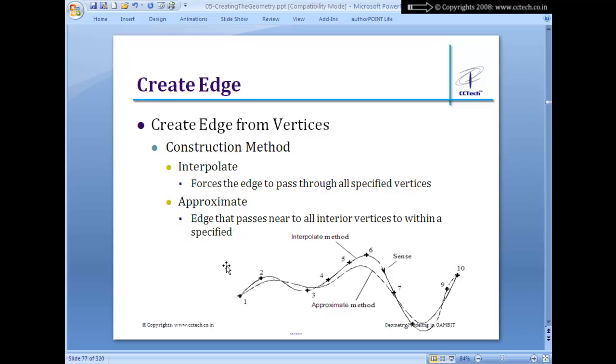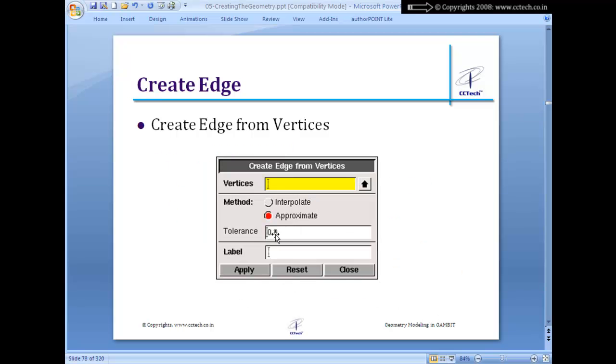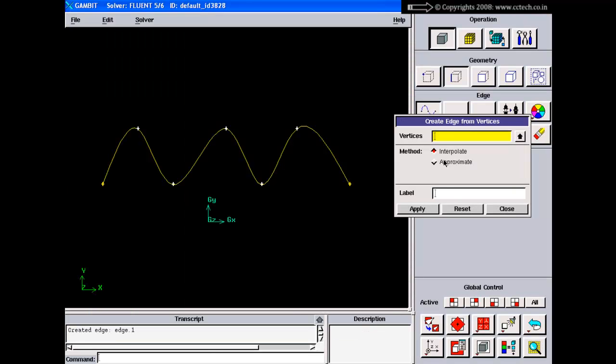So what it does is it allows the nerves to be deviated from the points which are given. Those points are also called control points. How much deviation you want to give can be provided here in the tolerance. If you go to approximate, you can provide the deviation allowed in the tolerance, because most of the time, if the nerves is very complicated, it will be difficult for Gambit to pass the nerves through all the points. So we can approximate it or give some allowable tolerance using this particular value. So this is about nerves